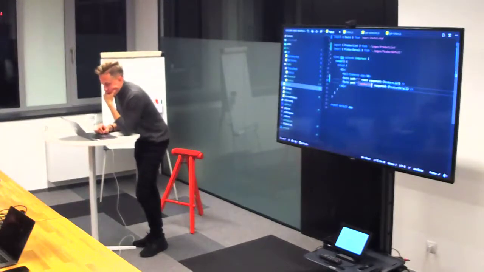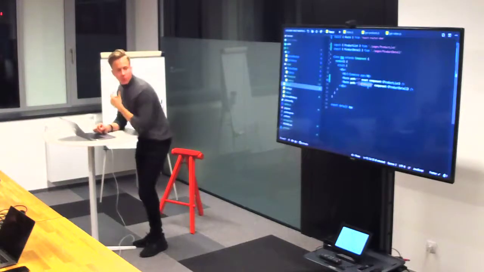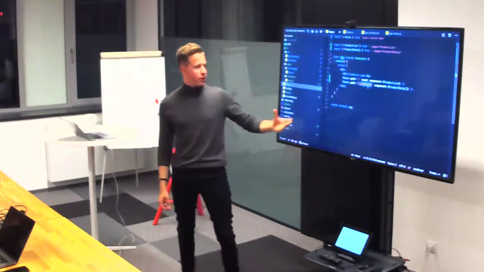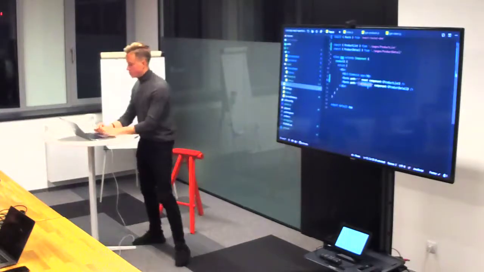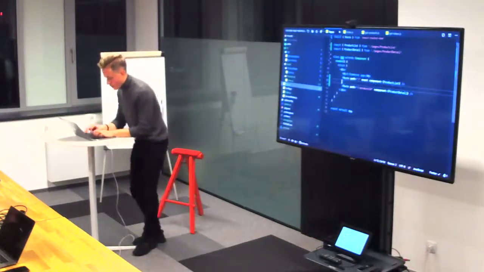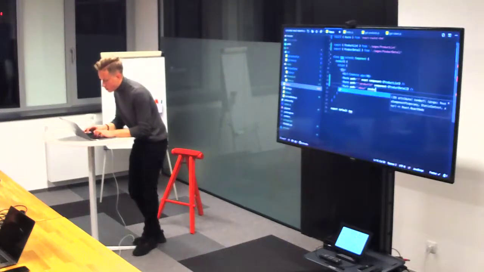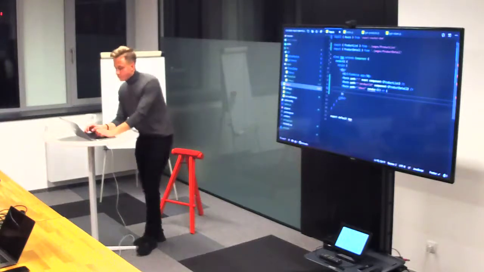But what happens if we need some route, which will be, for example, I don't know, about route. And I won't use component. I will use a special thing called render. The difference between those two is that